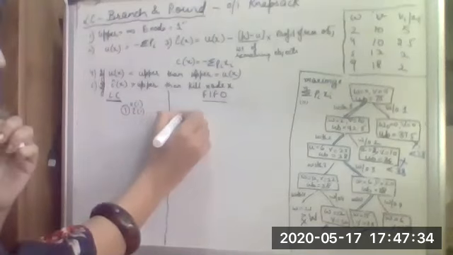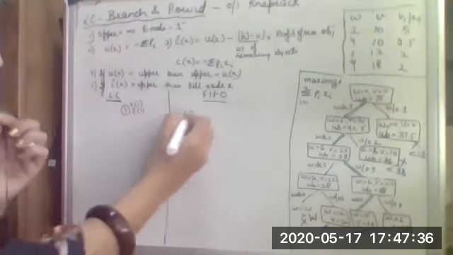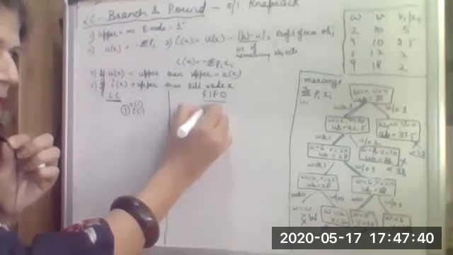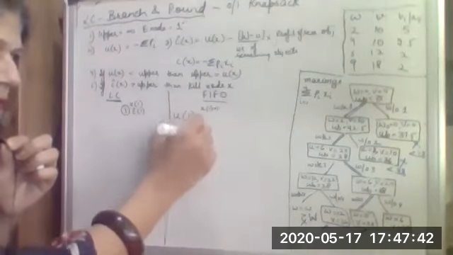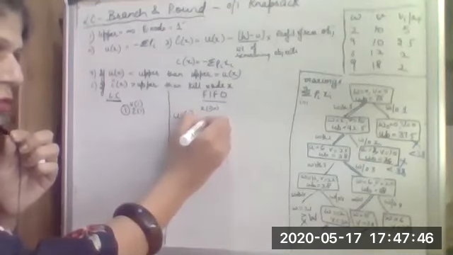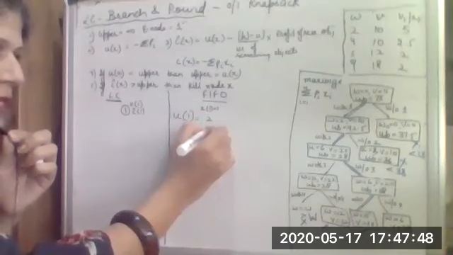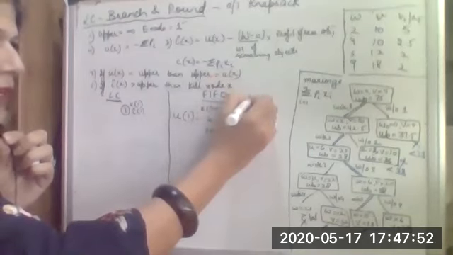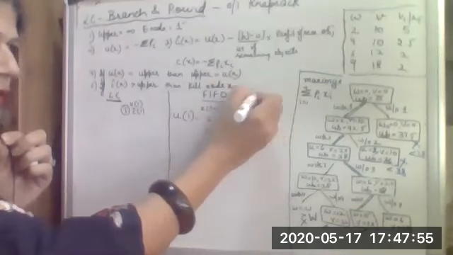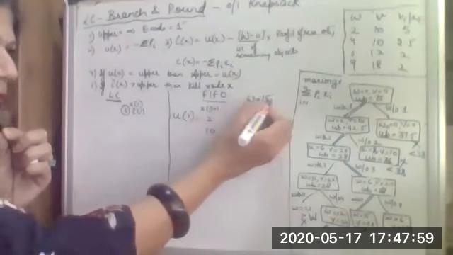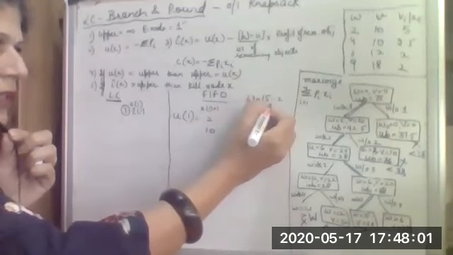So to calculate U1, let me write it in this space. If I'm including the first element, that means x1 is equal to 1. The weight of that element is 2 and the profit value is 10. So I can include it, because the knapsack capacity that I have taken in this case is 15. Now the knapsack capacity that is left is 13.